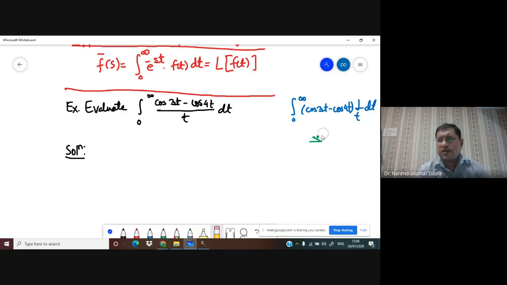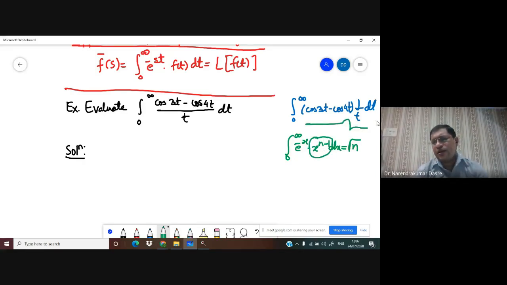So when we have the integral 0 to infinity, we have studied gamma functions to solve this integral. But what is the gamma function? The gamma function is the integral from 0 to infinity of e raised to minus x, x raised to n minus 1 dx, equal to gamma of n. Now you can see we want only the variable raised to n minus 1. Here you are in trouble. If I consider only the variable, then n is equal to minus 1, and at n is equal to minus 1, this function is not convergent. So you are not able to find it using the gamma function.